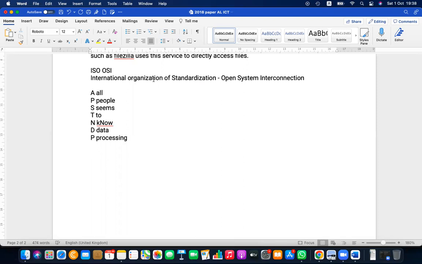So this is how we remember the layers. The first layer is application. Then you have the presentation layer, then the session layer, transport layer, network layer, data link layer,